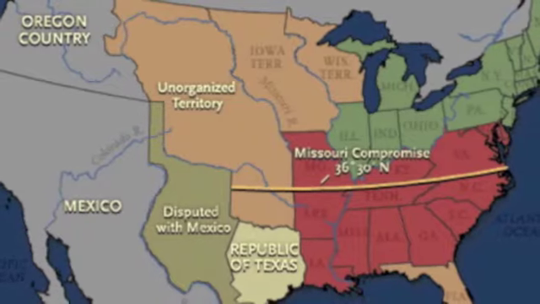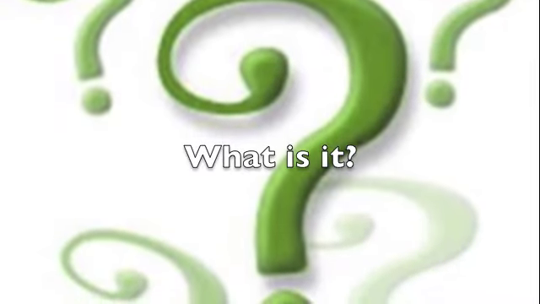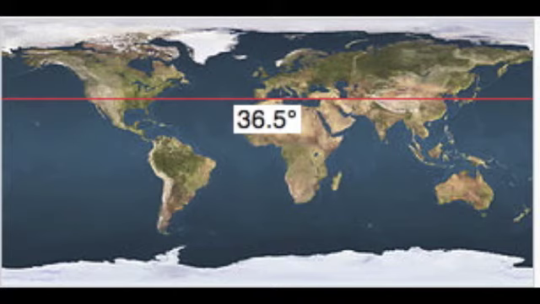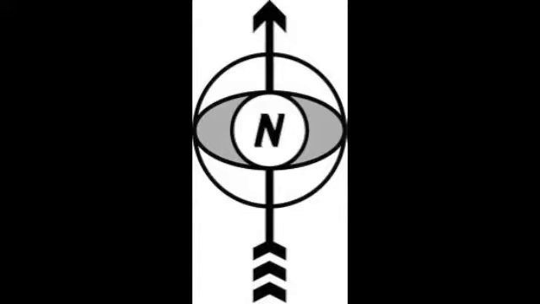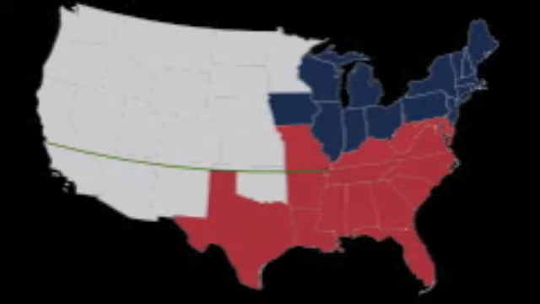The South would not support him because Nebraska was above the 36°30' parallel line. What is the 36°30' line? This line is a latitude line that divided the country between North and South. Any state north of this line was to be free, and anyone south was able to have slavery. This was put in place in the Missouri Compromise.